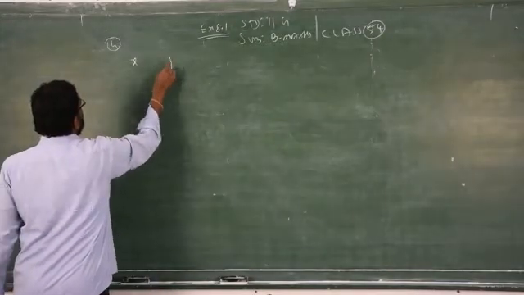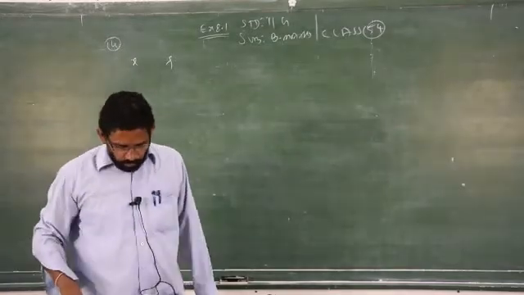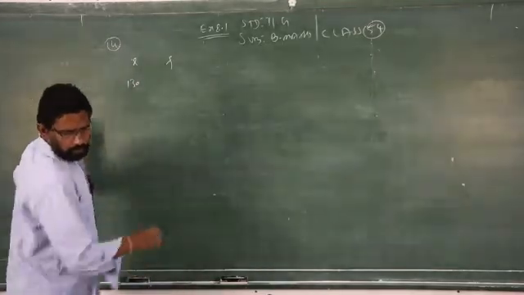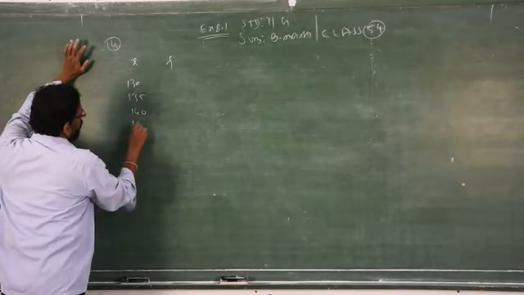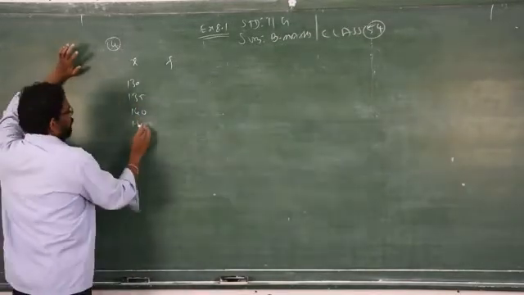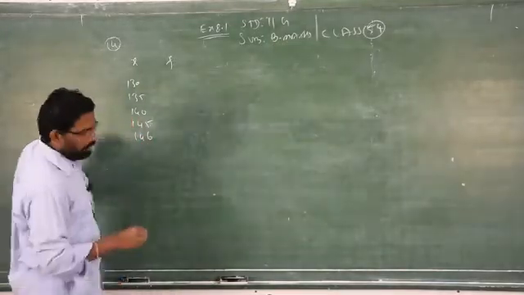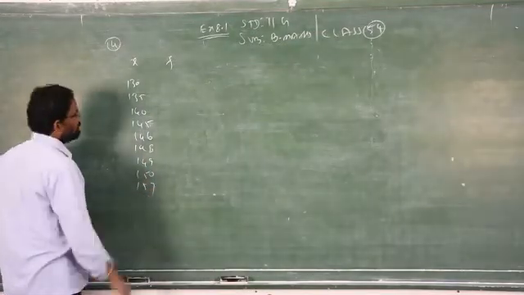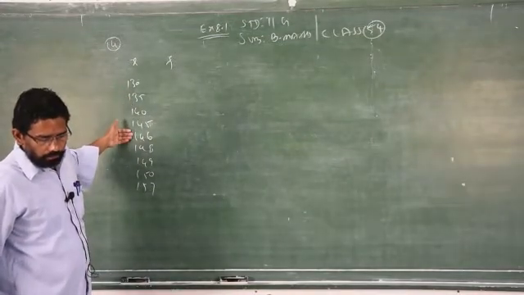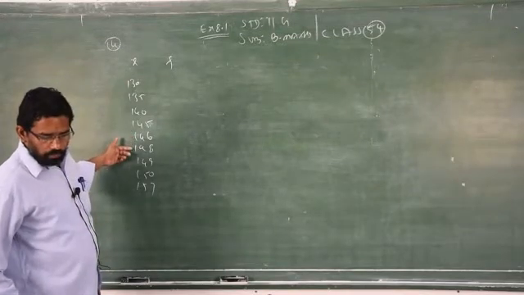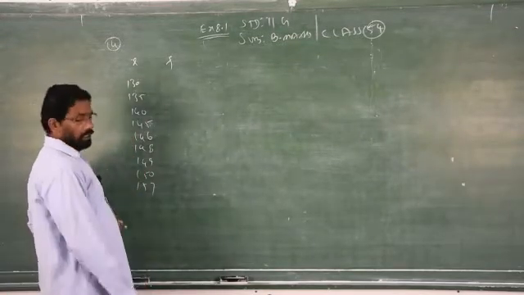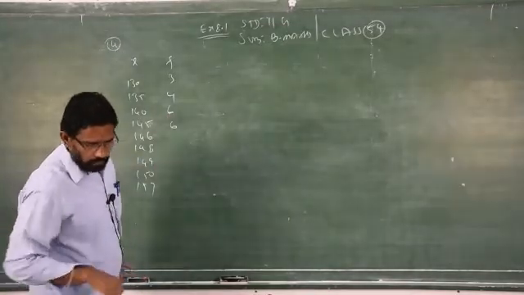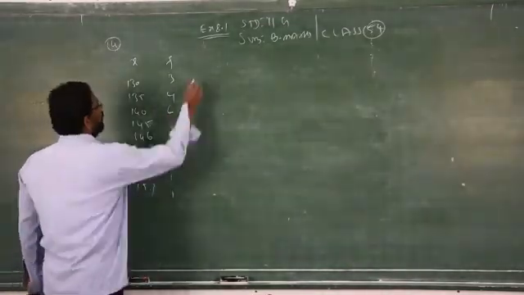So weight is taken as x, with frequency under it. x values: 130, 135, 140, 145, 146, 148, 149, 150, 157. Under it the frequencies are given: 3, 4, 6, 6, 3, 5, 2, 11. Now you have to find out log x.